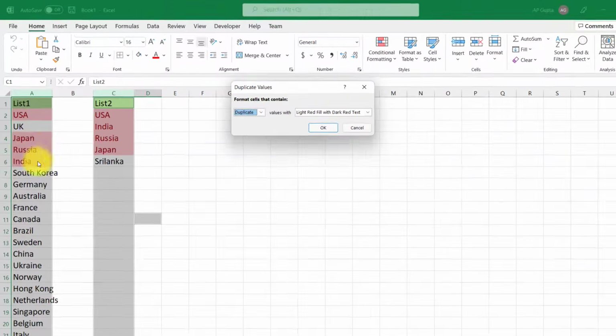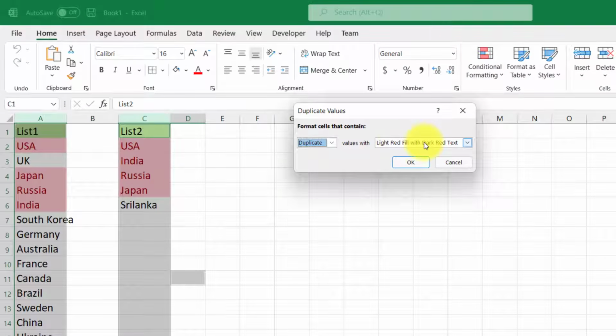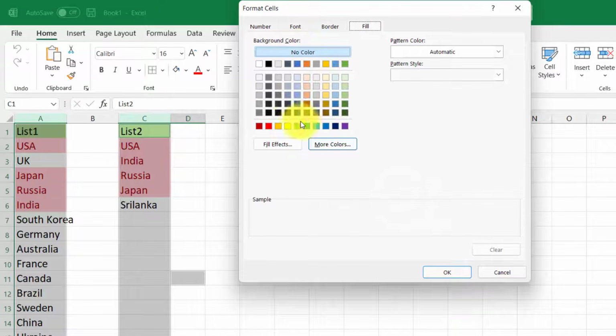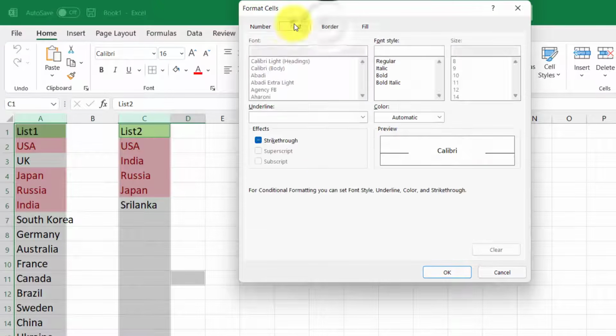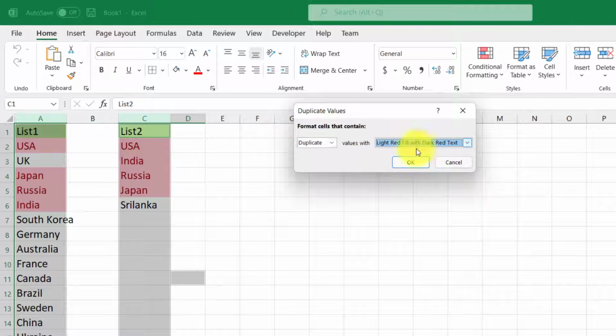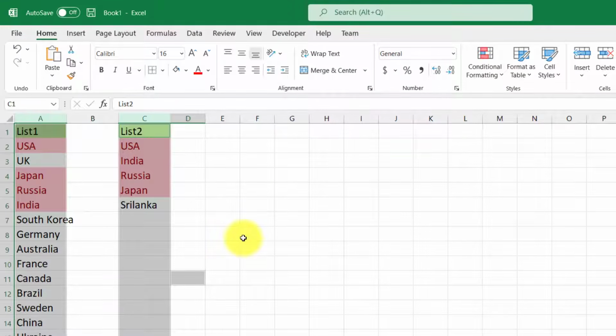So it will highlight duplicate values and you can format the way it highlights, right? You can click on this drop down and select any one of these pre-built formats, or you can also choose your own custom format. You can select the fill color, the border, font and number and all those formatting things. So I'm going to go ahead with the default one, and this is a very easy way to highlight